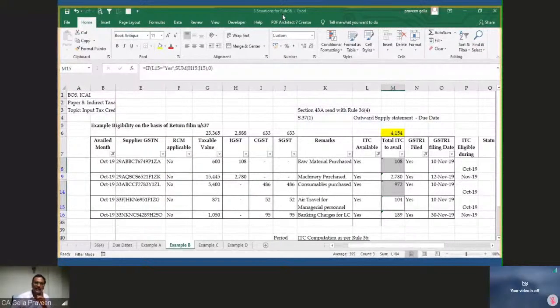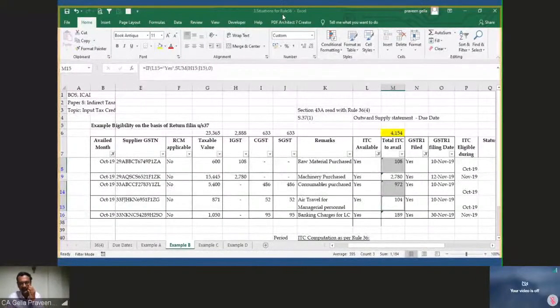Ambika, you had a doubt how we have received for November. What I'm trying to say is I have to see whether the credit is appearing. If the credit is appearing, take 100%. If credit is not appearing, I'll take 10% of what is appearing. Now, when I travel to the next month, that is November, I need to keep in mind: I have already taken 10% out of what is appearing. From that, what I already have taken, I have to reduce, and the balance amount I have to take. So in this example,